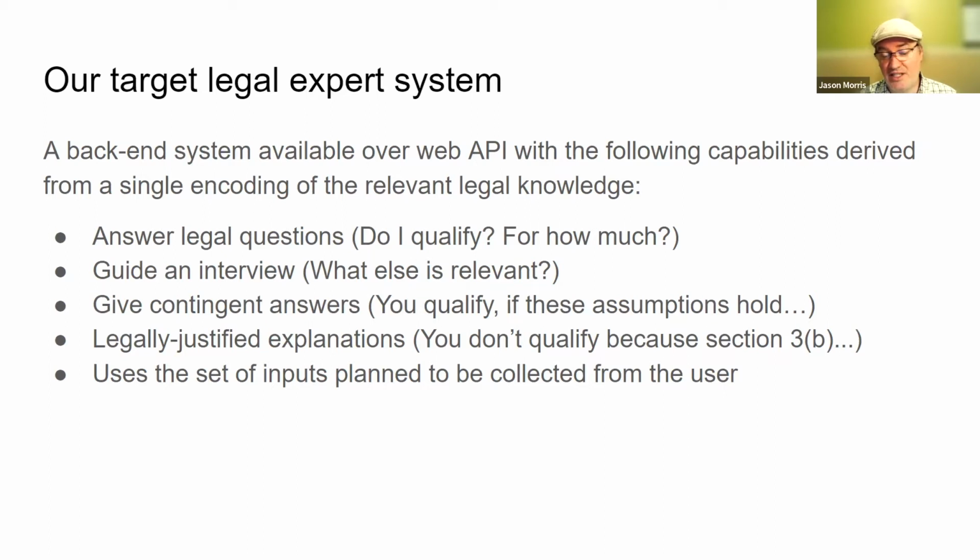It would need to be able to give contingent answers because there were some things that the system knew were relevant, but it also knew it was not realistic to collect those facts from the users. So there were going to be some situations where the answer would be, you qualify as long as this thing is true, which we don't really know. And then they also wanted it to be able to do legally justified explanations for the conclusions. So say what the answer is, say why the answer is, and then tie that why back to the source legislation, which is the fundamental point of rules as code, is that your laws actually become source code for the application. So you can refer all the way back to the actual law.